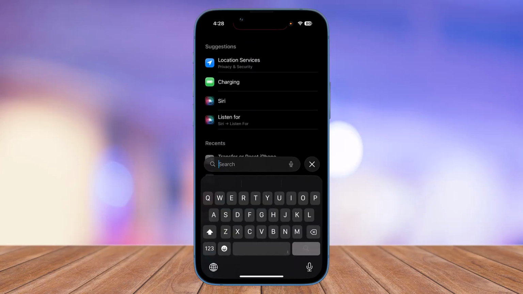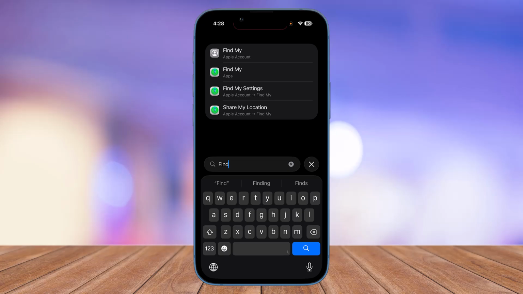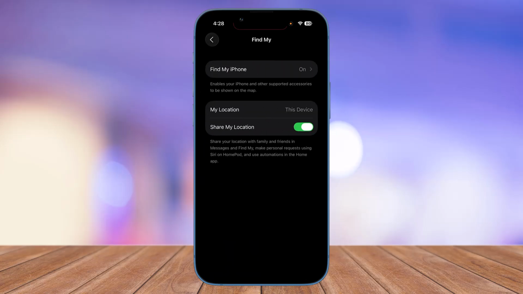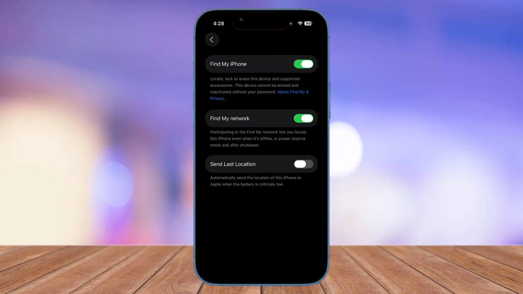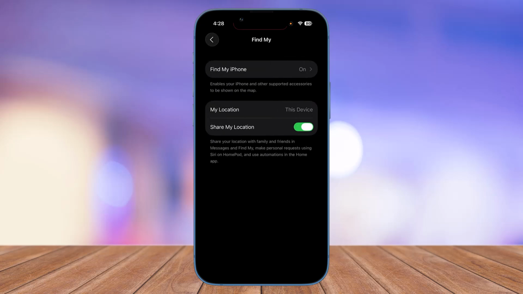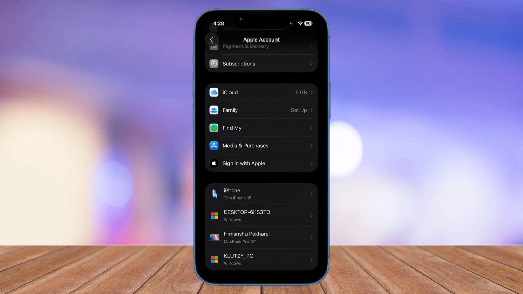Make sure that you are on your settings first. Go into your Find My settings right over here and make sure that your Find My phone is always turned on, and also put send last location right over here when the battery is critically low, right? So when you do this, now what you can do is go on your Mac or your other devices